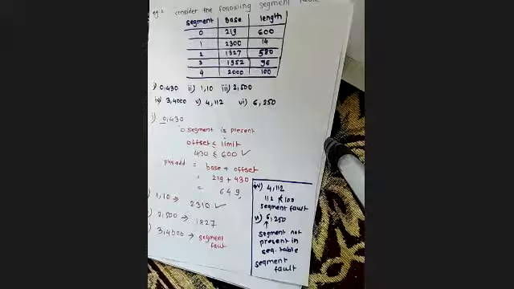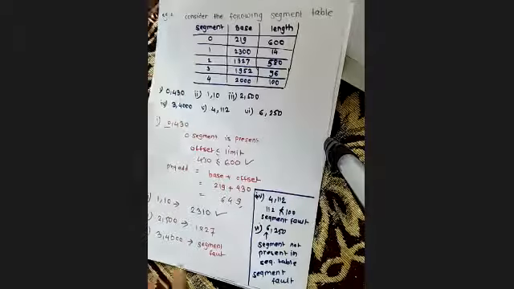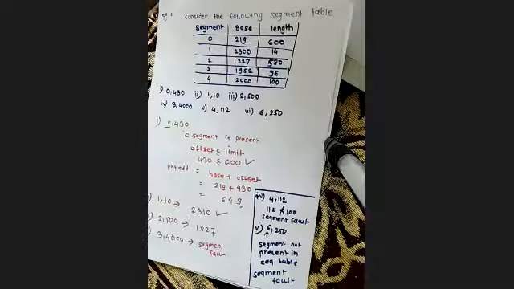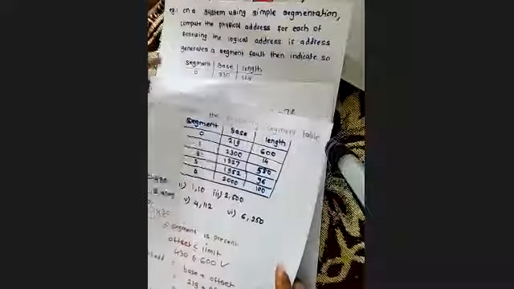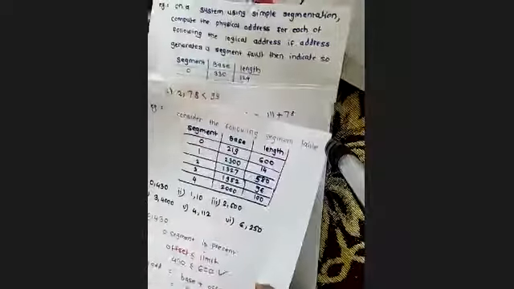Fine. So in objective questions, or in your UT 2, this chapter will be there. At that time it may be possible that for 2 marks or for 1 mark, 2 logical addresses or 4 logical addresses will be given. You have to calculate the physical address for the same. Okay. It is simple. I guess this much example is enough. Then let us move ahead.